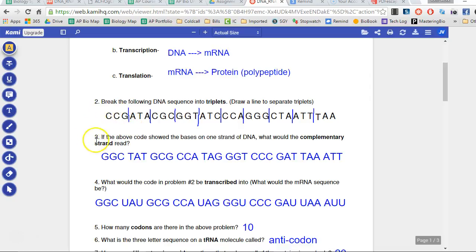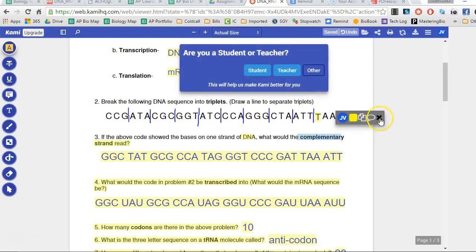Now, number 3 you got to read carefully. Remember, it's asking still for DNA and the complementary strand across from that DNA. So it's not asking you to do any translation,